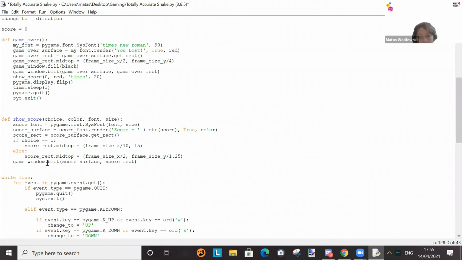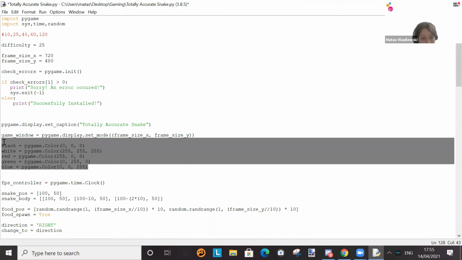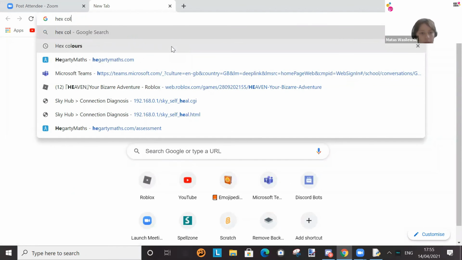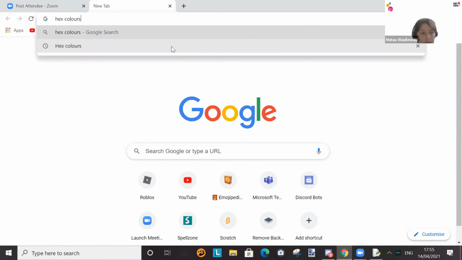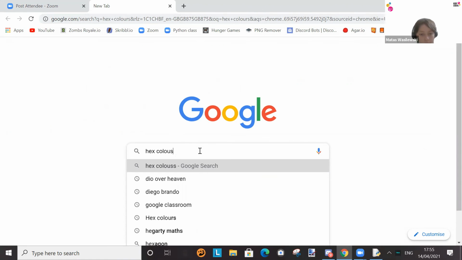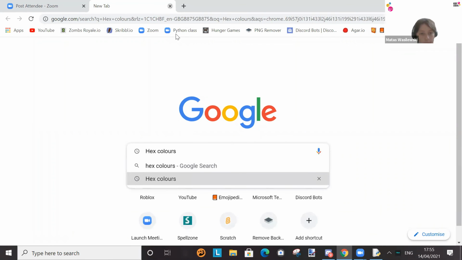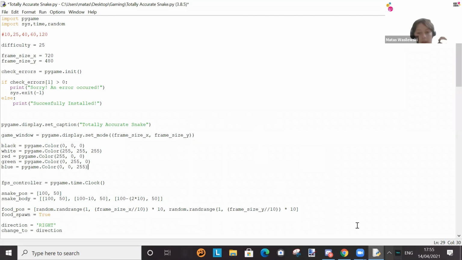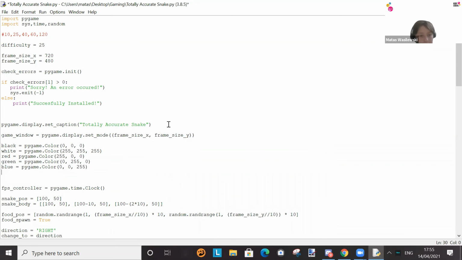So now, before we end the meeting, I'll show you how hex colors work, since I didn't really explain much about that. So let's go into Google and type up hex colors. Okay, it's not popping up, but basically it'll open up a place in Google, and you can move a slider around. So let's call this random color,